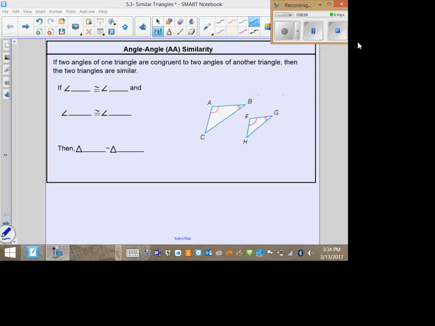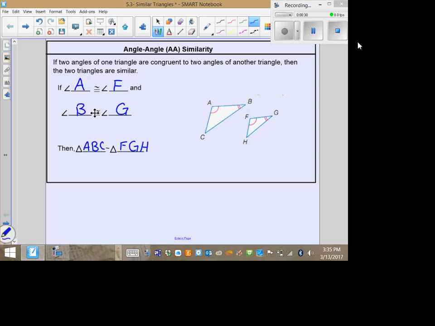Hello, in section 5.3, we're going to be looking at angle-angle similarity. If two angles of one triangle are congruent to two angles of another triangle, then the two triangles are similar. So that's saying that if angle A is congruent to angle F and angle B is congruent to angle G, then we know that triangle ABC is similar to triangle